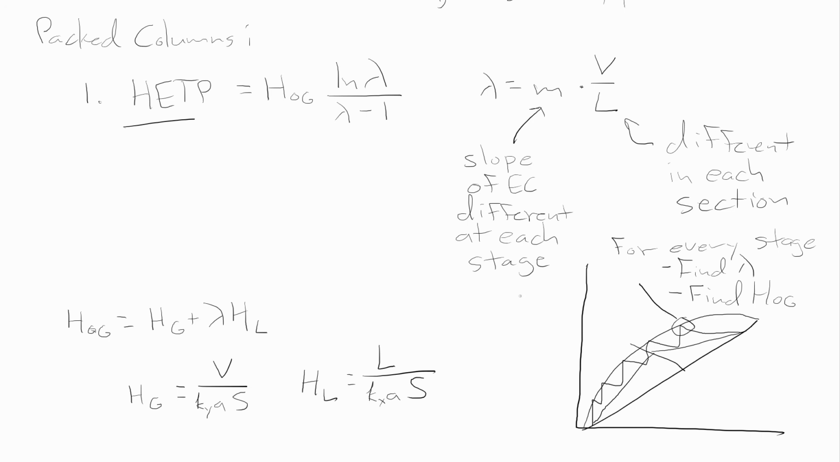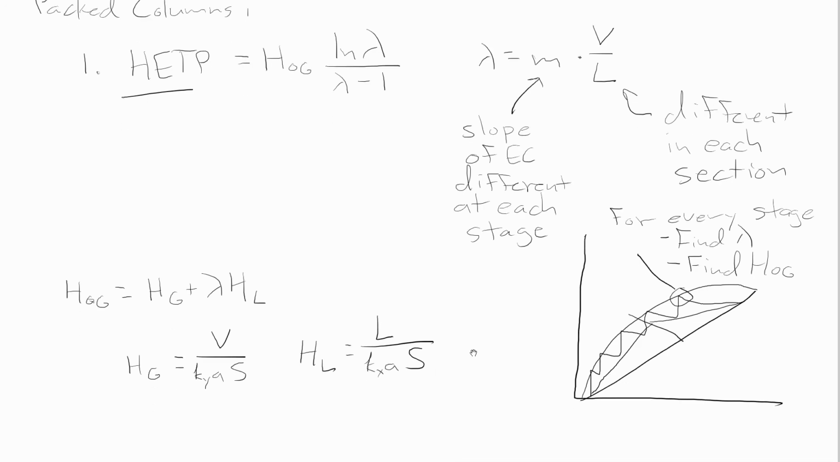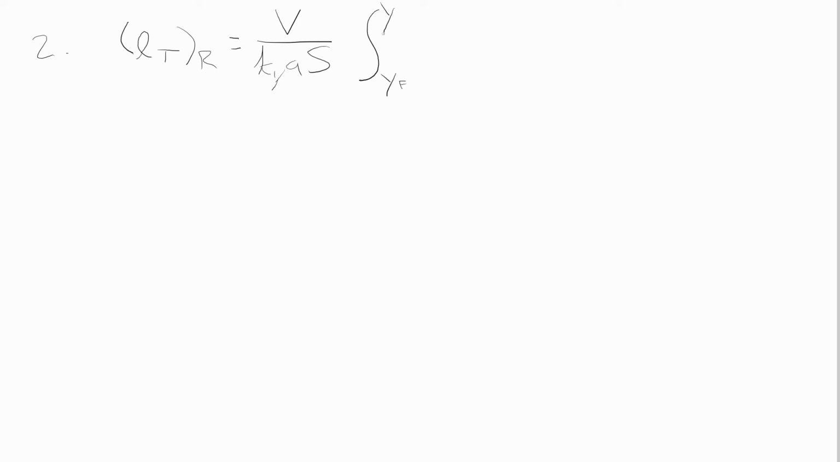Our second approach to solving packed columns involved coming up with an explicit integration of the NOG integral. And the way that we did that was we said that we had separate solutions in the rectifying section and the stripping section. So in the rectifying section, the total length of that section, R for rectifying section, is going to be equal to the vapor flow rate over, again, the microscopic vapor phase mass transfer coefficient times the cross-sectional area of the column. And then we integrate between the feed and the top of the column